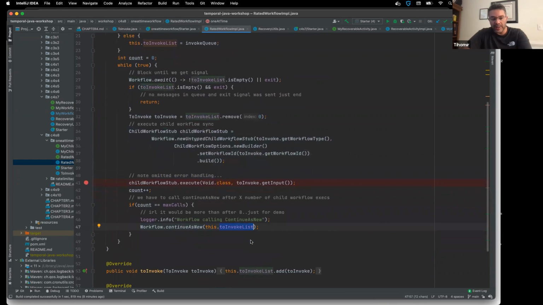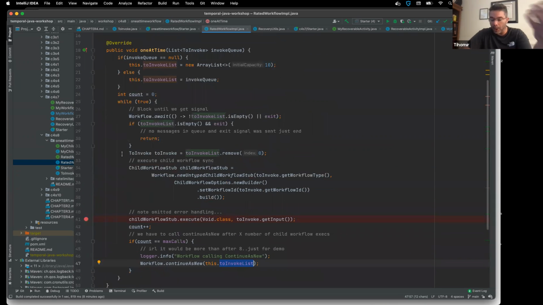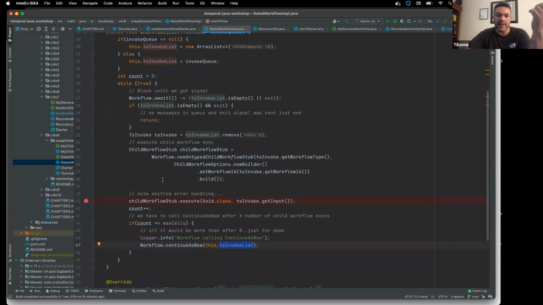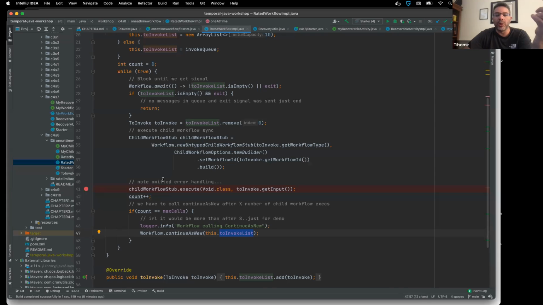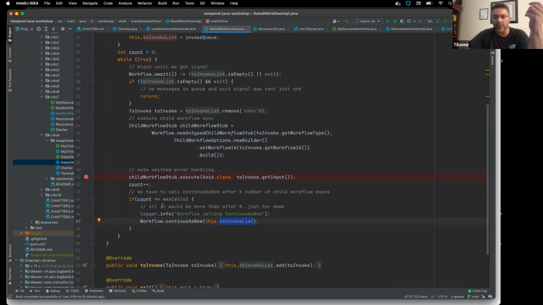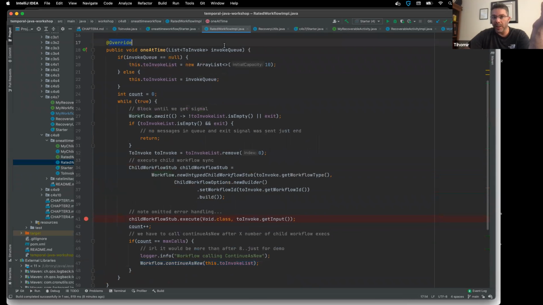Since our signals can be received independently, not one at a time but we can send 10 at a time, in order not to lose any of the information or the list of child workflows that we have to execute, we can pass this list to the next workflow execution using continue as new, which will become the input to the next run of this method